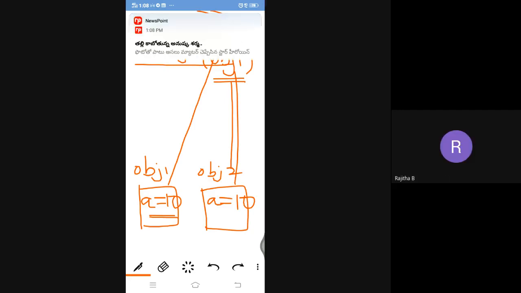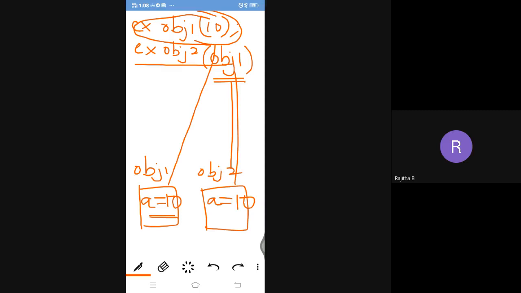We have two different parameters here. Obj1 is one object, obj2 is another object. In obj1 of 10, what is 10? It is a value, an integer.